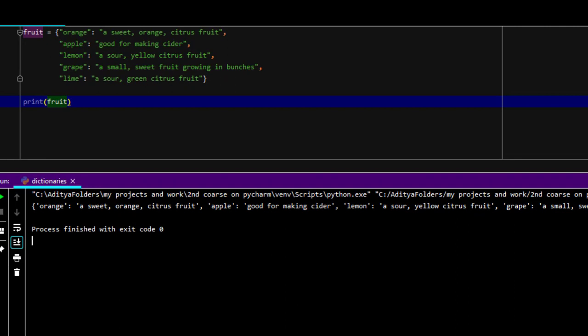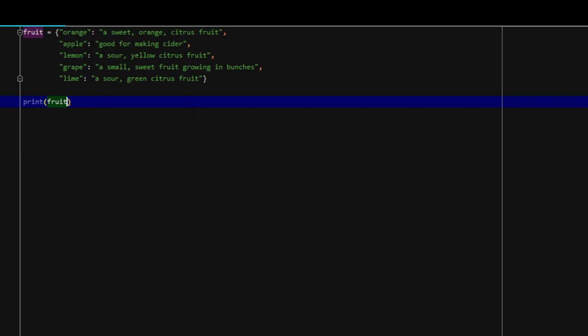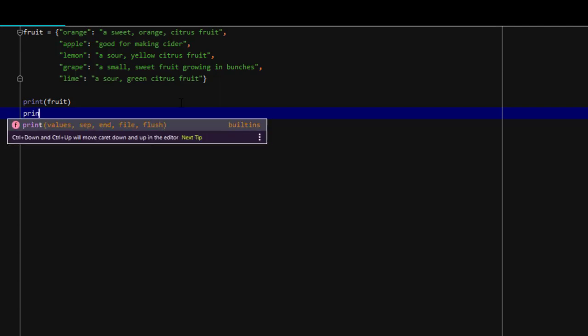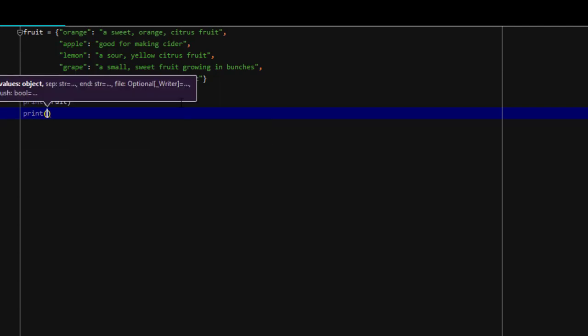So this is not very useful till now, as it's just copy pasting the thing, and we can just do it with a print statement too. Well, it is useful when you want to print a definition of a certain key. So I will just show you print, and we want the definition of, let's say, apple. First we have to write the dictionary name, which is fruit, then square brackets. This is like indexing with list and tuples, but here we don't use indexes and it would give an error if we try. So we are using the key name over here.